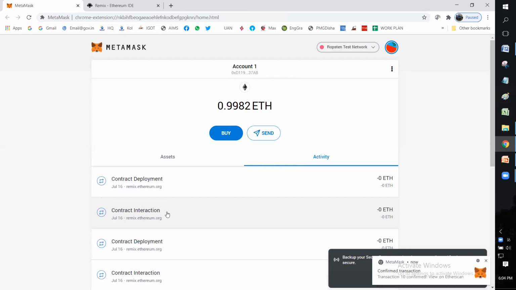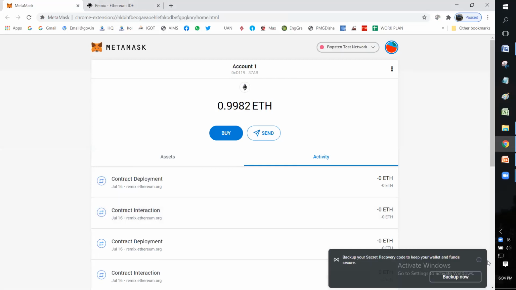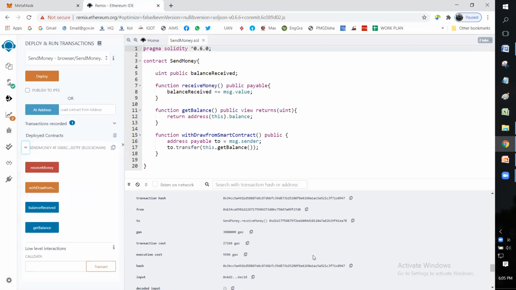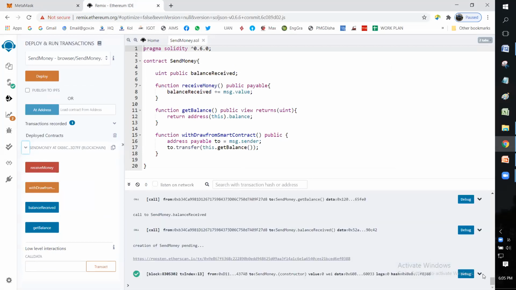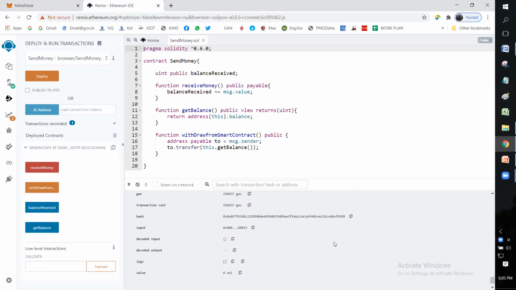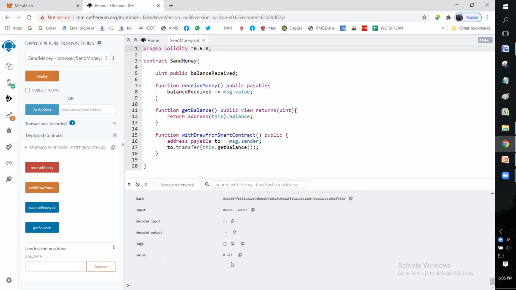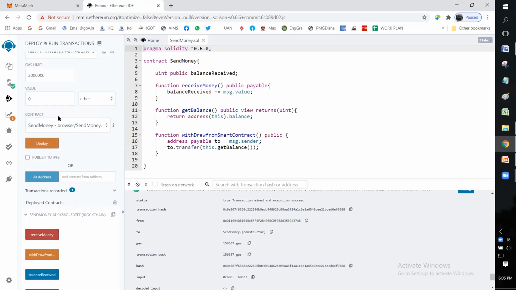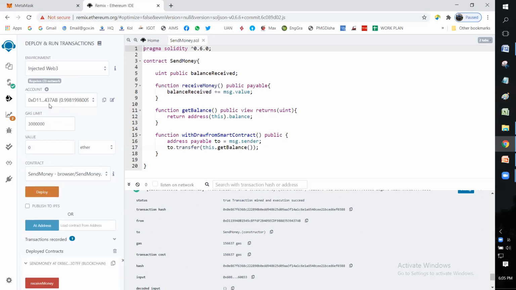So the contract has been deployed. I go in Remix and see my contract has been deployed. My 4 functions are here and you can check from here also. So right now when I connected with MetaMask and I deployed the smart contract, my smart contract balance is 0 and the address is, you can see, D1199. That is my MetaMask account address, D1199.